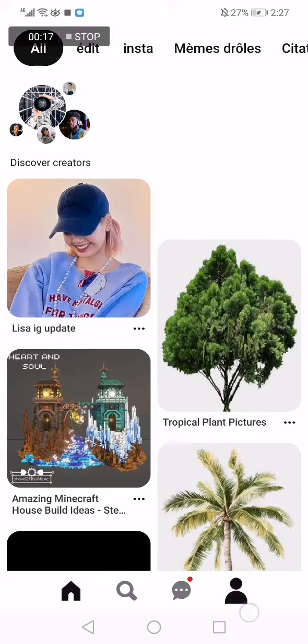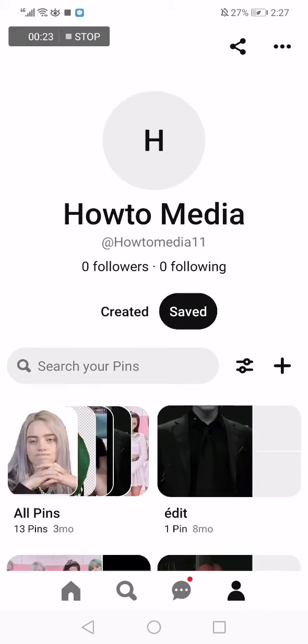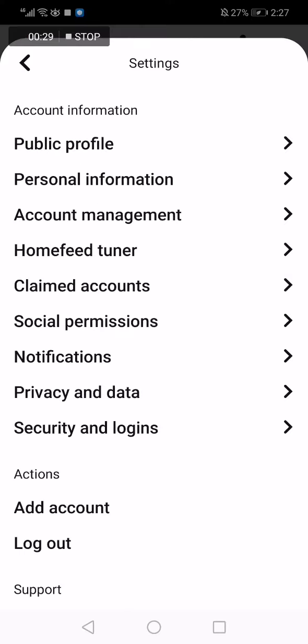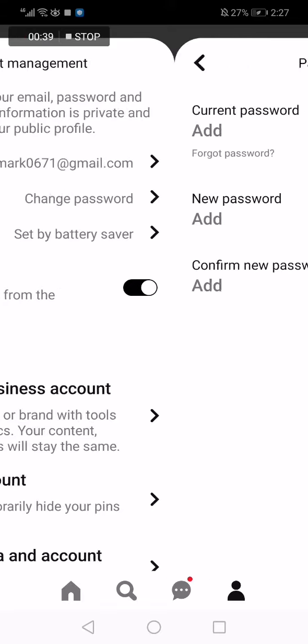Now you click on your profile here down below, and after that click on the top corner on the three dots, and after that you click on settings, and now go to account management, and here you will find password, and you click change